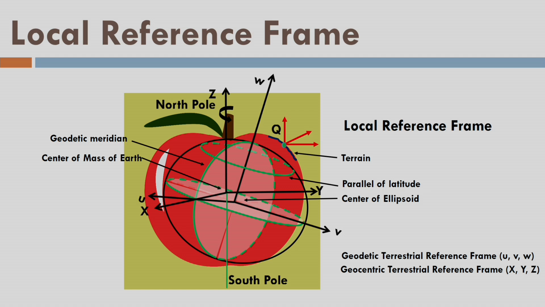Now with point Q as origin, I can take measurements in the local reference frame, and then I can connect those measurements with respect to maybe the geodetic terrestrial reference frame, which is non-geocentric in nature, or I can connect the observations of the local reference frame to the geocentric reference frame that is centered at the center of the earth. And by this idea, I can always do the measurements on the local reference frame, and I can always connect those measurements to some kind of global terrestrial reference frame which can be geodetic or which can be geocentric. So that's the idea here in order to define three kinds of systems.